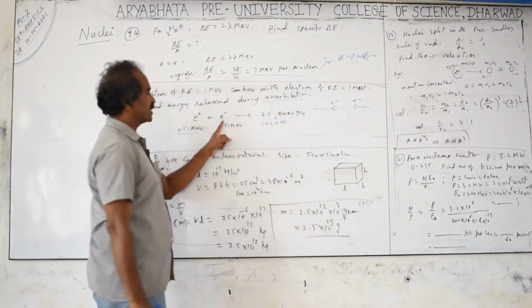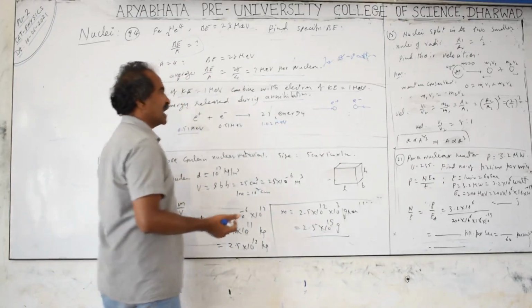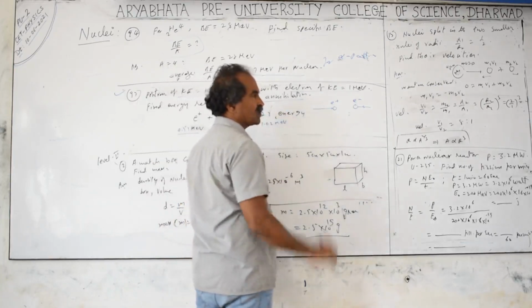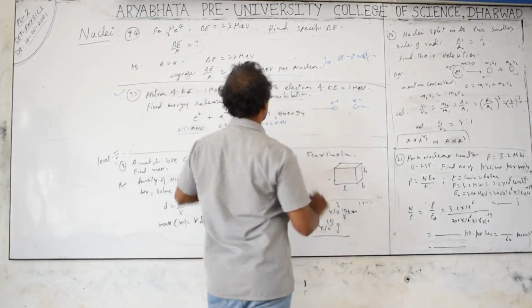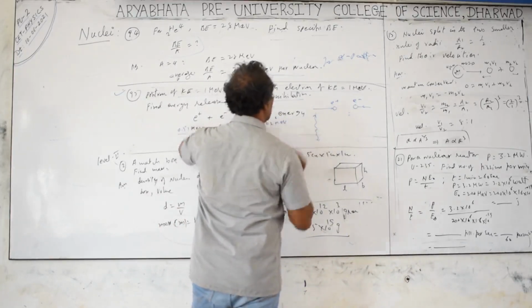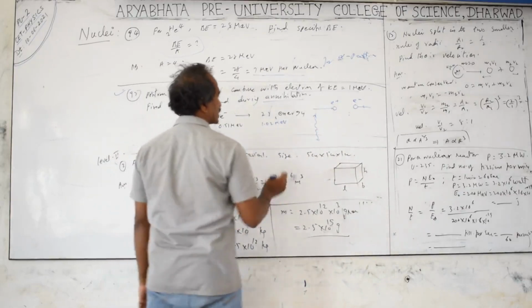And 1 gamma plus 1 gamma is equal to 2 gamma. That means the energy release appears in the form of gamma rays, and to conserve the momentum and angular momentum, they are photons. Photons do have spin. So one gamma ray will travel in one direction, and the other gamma ray will travel in the opposite direction. So 2 gamma rays produced means they travel in opposite directions. That is what scientists say.